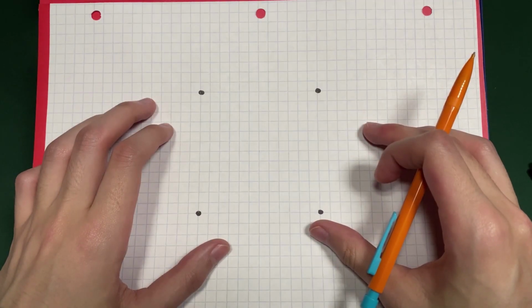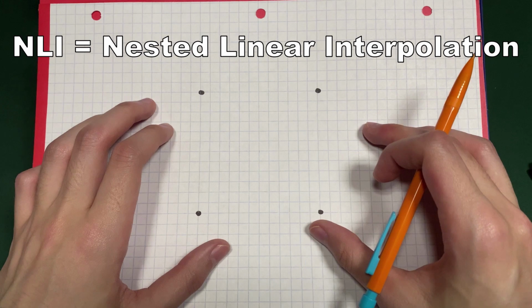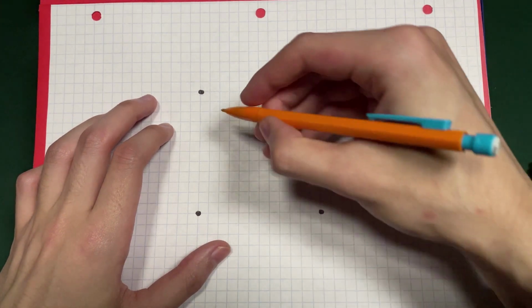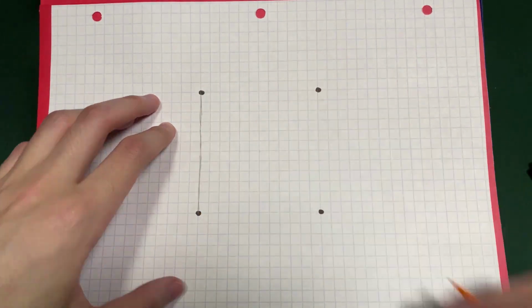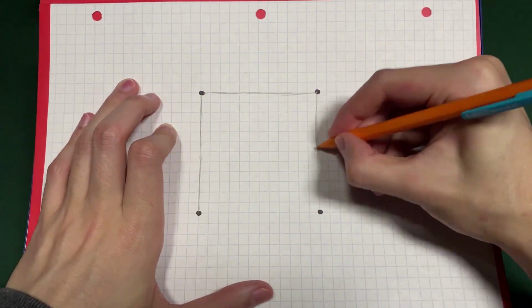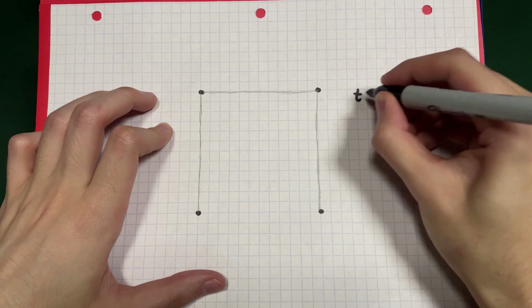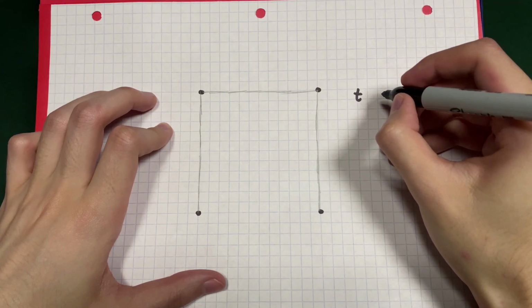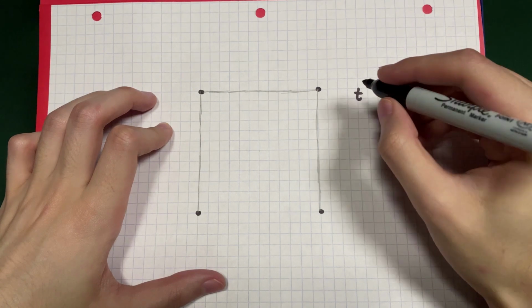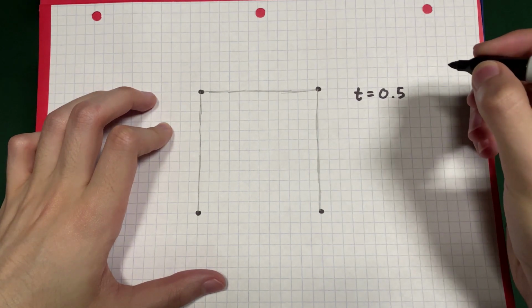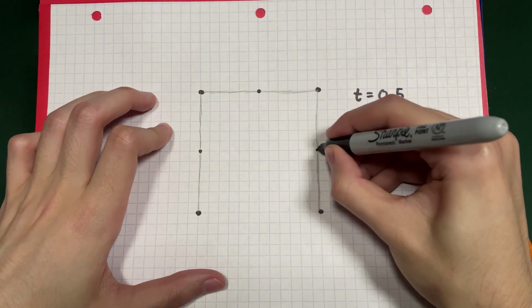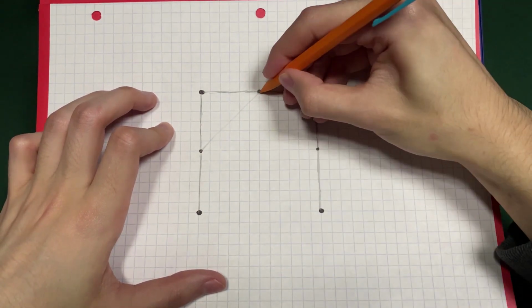Alright, before I get into the actual numerical stuff for NLI, I'll give you a more visual representation. So, let's say I have these 4 points and I connect them like this. This is known as the control polyline. Now let's say I have that variable t again. Plugging in a value for t between 0 and 1 will move me along these 3 lines. So, let's plug in 0.5 for t. That's in the middle of 0 and 1, so we'll be here, here, and here. Now let's connect the dots we just drew.